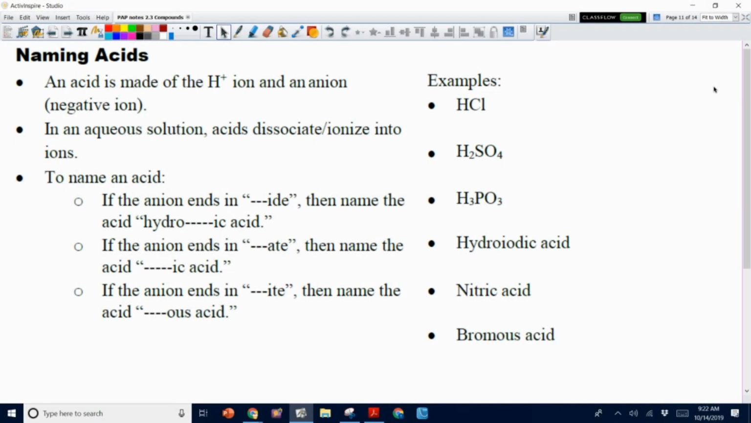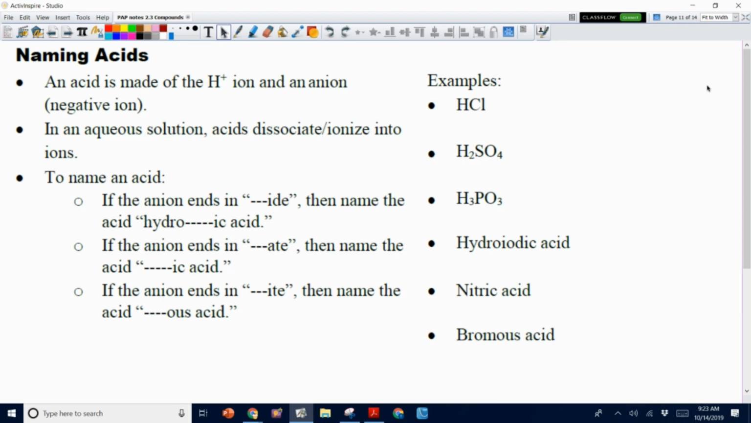All right, ladies and gents, we're back for the second part of 2.4, I believe it is, on compounds. And this is going to be a real quick one because all we need to cover is naming of acids and bases. Bases are really, really easy because bases have